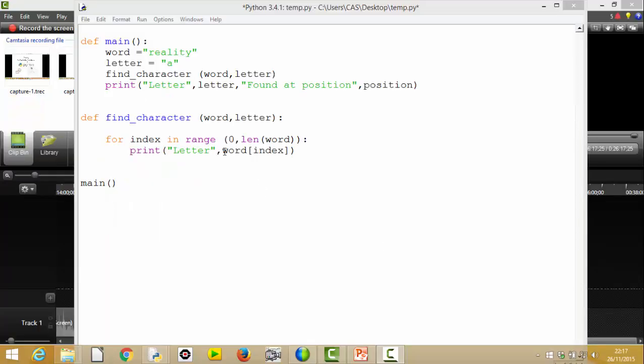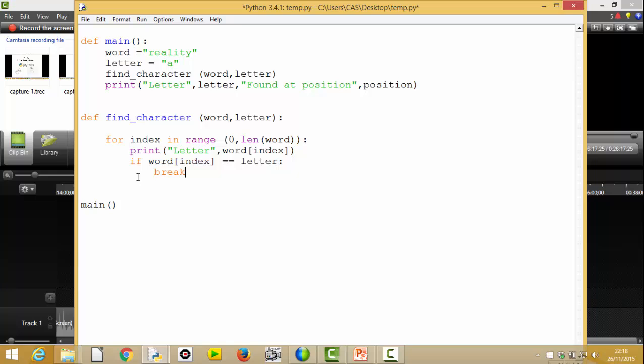So coming back to my main bit of code here now, knowing that this word[index] is looking at each letter in turn, what do I want to do? Well, obviously I'm trying to check if that particular letter, so that's word[index], is indeed the letter I'm looking for. So a simple if statement, comparing word[index] with the letter that I'm looking for, and if the two are the same, I've obviously found it. So what do I want to do? I want to break out of my loop. So I need to break out of the loop like so,